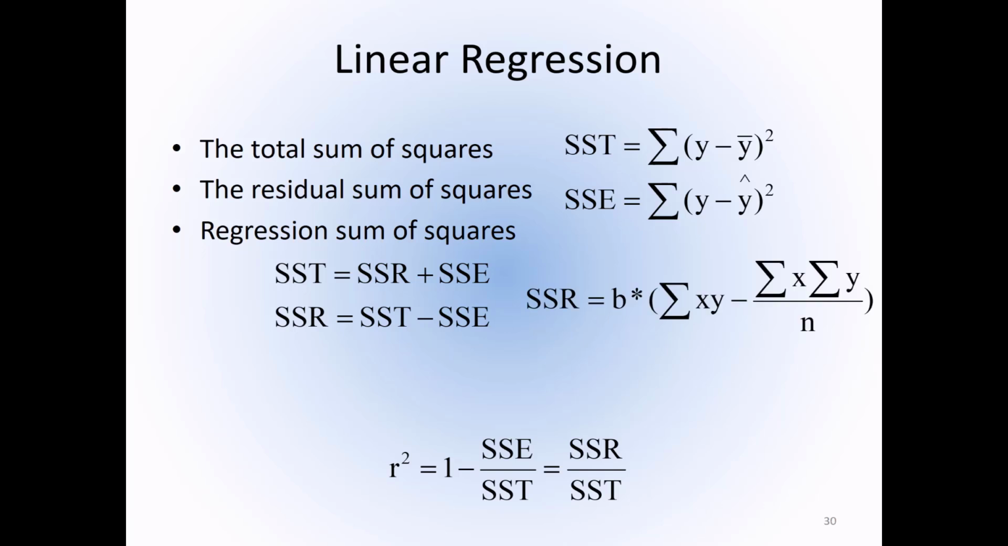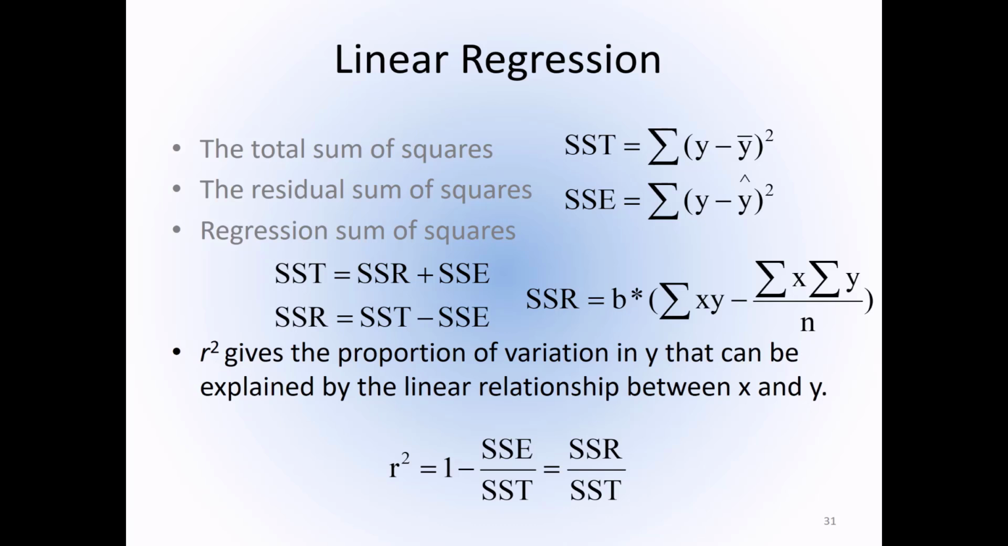Or for this regression sum of squares, we can use this formula. So what we see here is that the total sum of squares is our respective data minus the mean, squared, and then taking the summation of that. Our sum of squares of the error, or the residual sum of squares, is the data, the y values, minus the predicted y values, squared, and then taking the sum of that. And then our regression sum of squares is a little bit more complicated. And when we calculate this r-squared value,